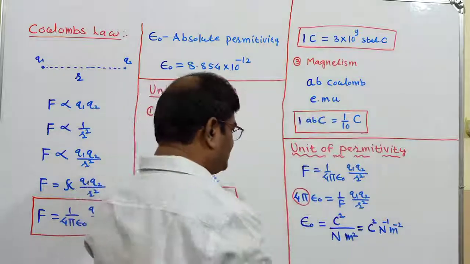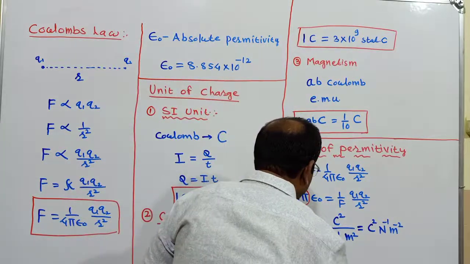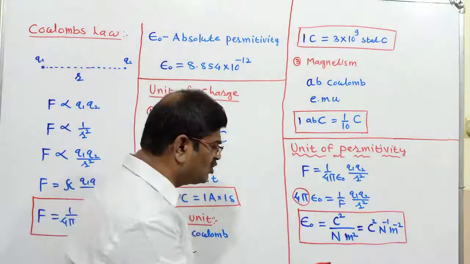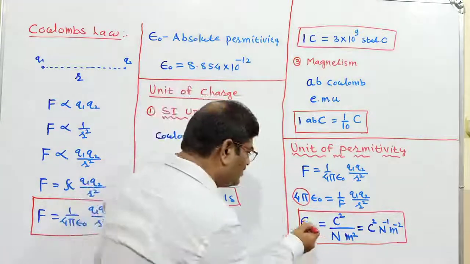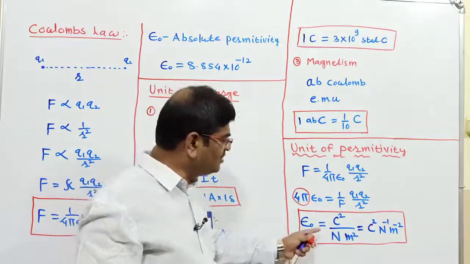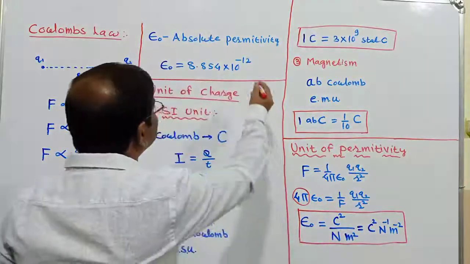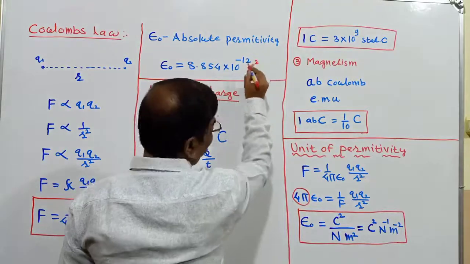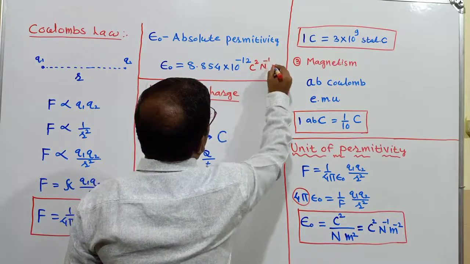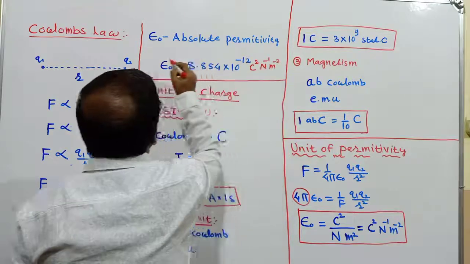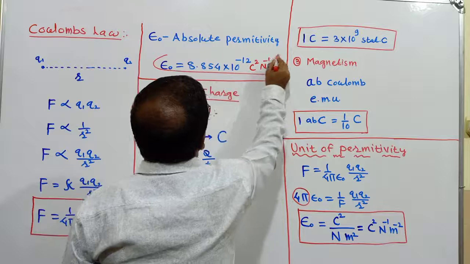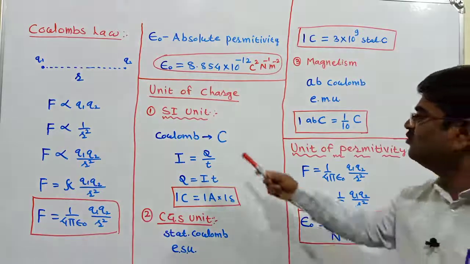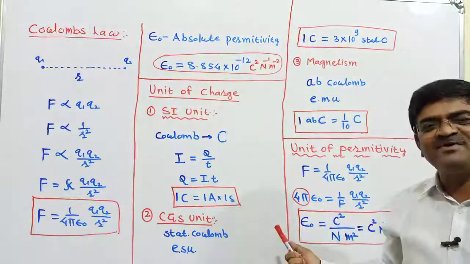So here I have got now the unit of absolute permittivity. It is not necessarily only for absolute; even you can write this as the unit of permittivity. So the unit of permittivity I have got is this one. Let me just take that over here, right? So that my value will be completely written like coulomb square per Newton per meter square. So this is the value of absolute permittivity. So once I became familiar with the unit of charge, I could get the unit of permittivity also.